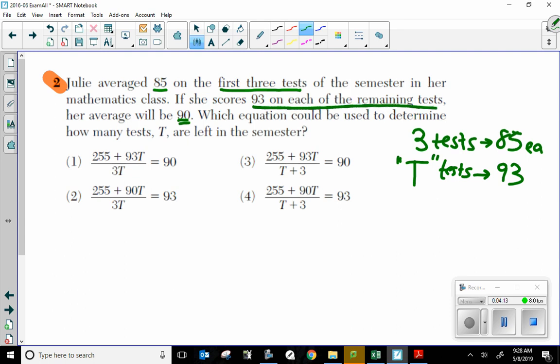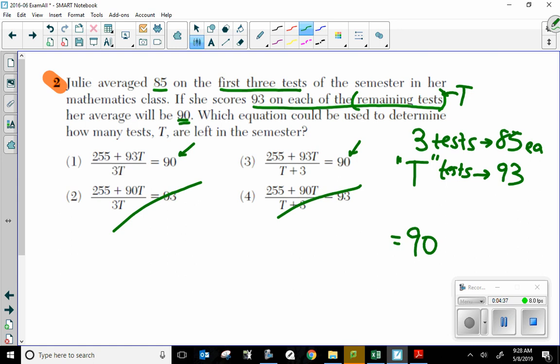93 on each of the remaining tests. We don't know this. This is T. We don't know the remaining tests. So obviously, if I figure out an average, it should equal 90. Okay, so I'm looking at this, and I'm looking at these equations, and I don't want to equal the 93, so gone, gone. It's either 1